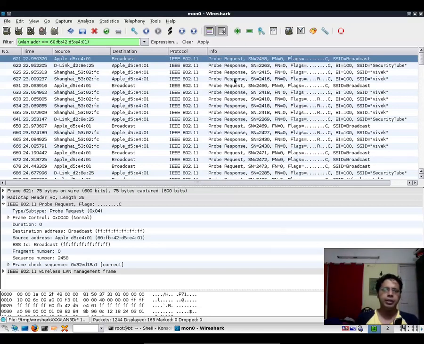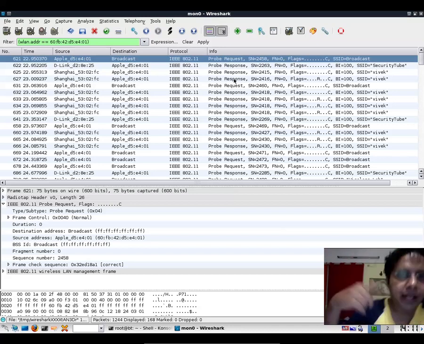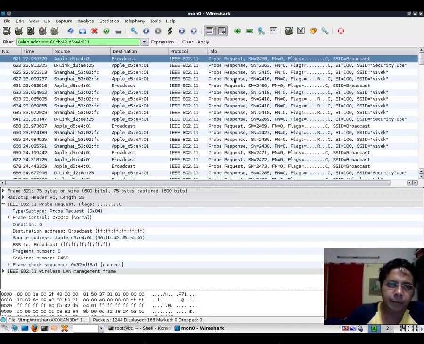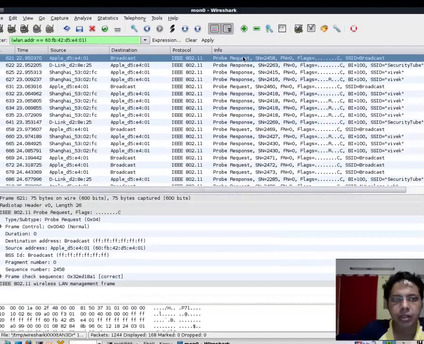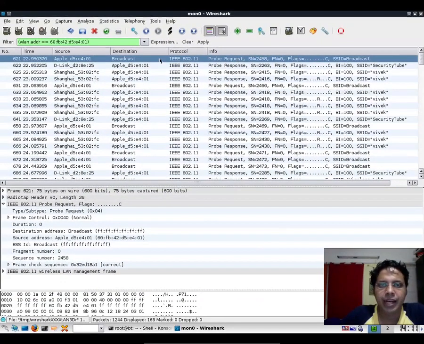Now the moment I switch on the Wi-Fi interface on the phone or any laptop, the wireless client, or the STA as they call it, quickly starts searching the network to see if any access points are available. Now typically this is done by sending out what is called a probe request packet. So this is an example of a probe request packet. The wireless client sends this probe request packet to the broadcast address,